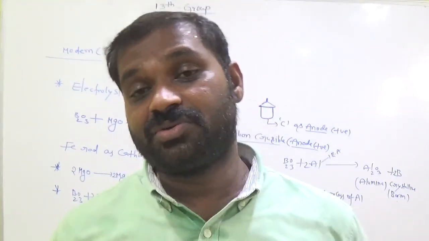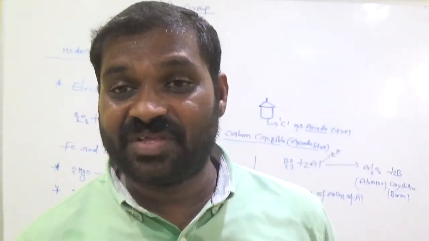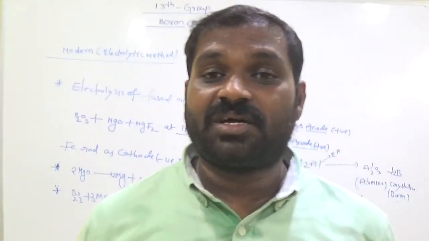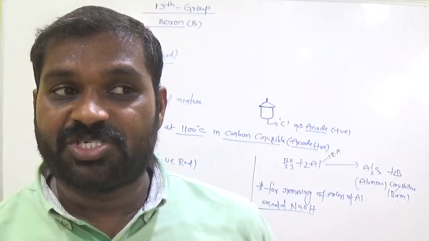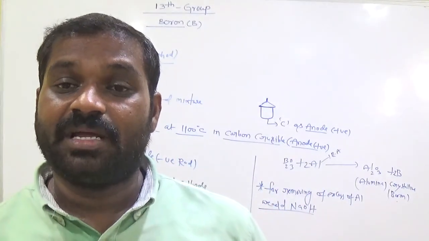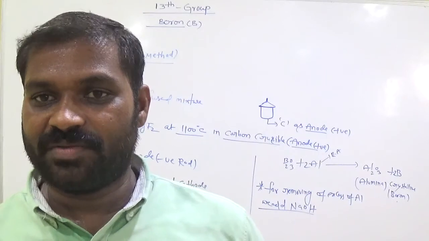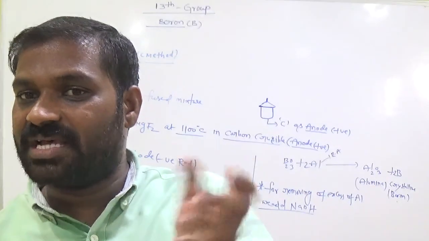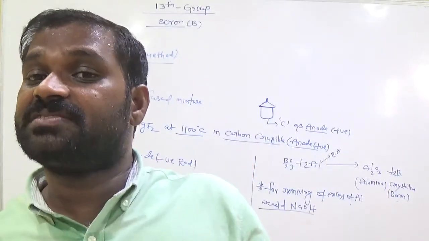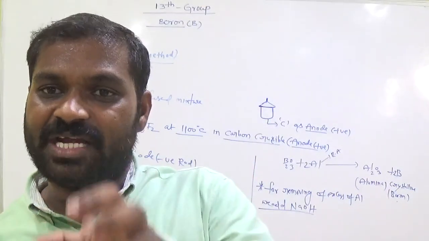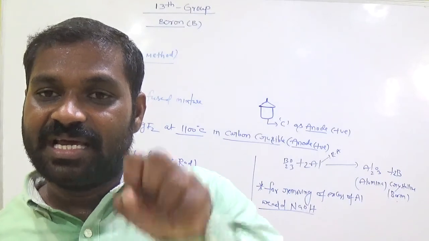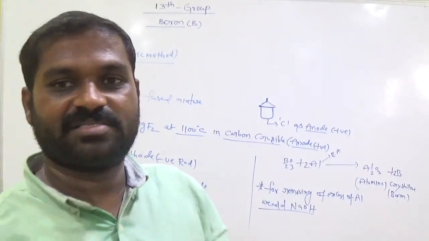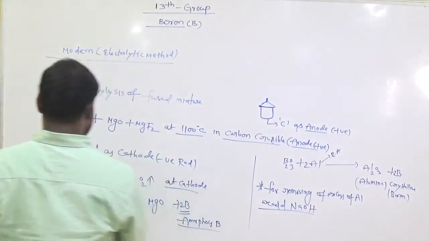Why should we add iron and stir with iron in that mixture? Iron helps to oxidize the sodium and potassium. That means sodium and potassium attract the oxygen from B2O3. Gaining of oxygen is called oxidation, loss of oxygen is called reduction. A reducing agent means the compound or element which removes the oxygen from another is called a reducing agent. These are the methods. Remember it. Follow the equations.